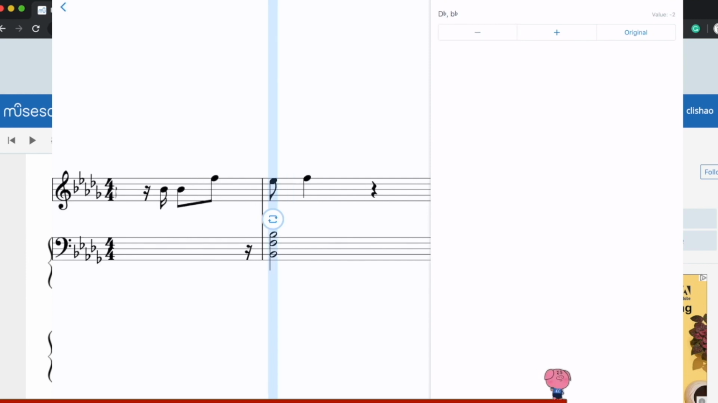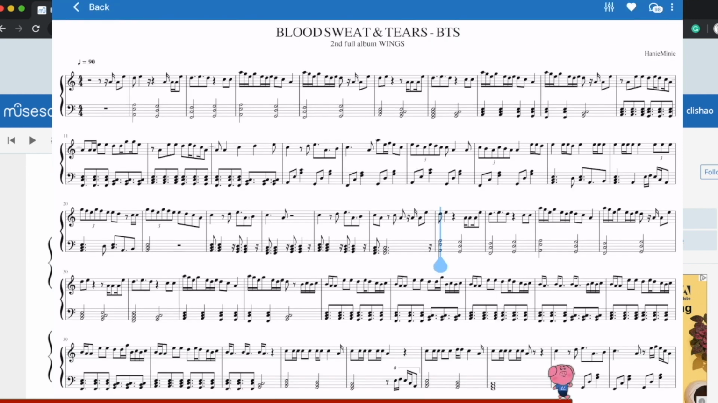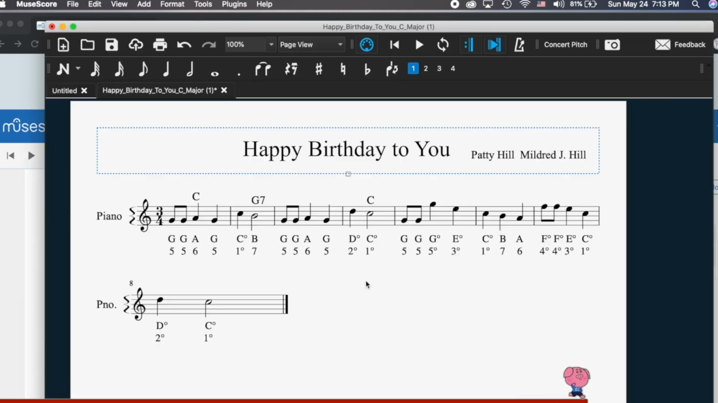So when you don't see any sharp or flat, that would be a C major or A minor scale. And then you can just do what we did earlier. Then you can start writing down all the notes on your notebook or just do a screenshot and take notes that way. But if you want to do it on the Musescore app, what you can do is to open